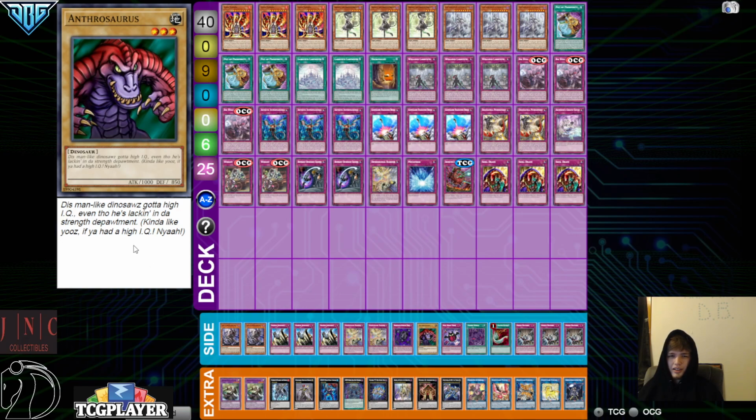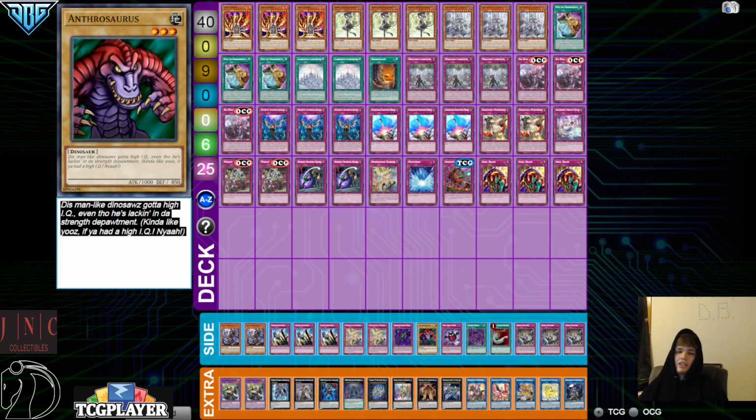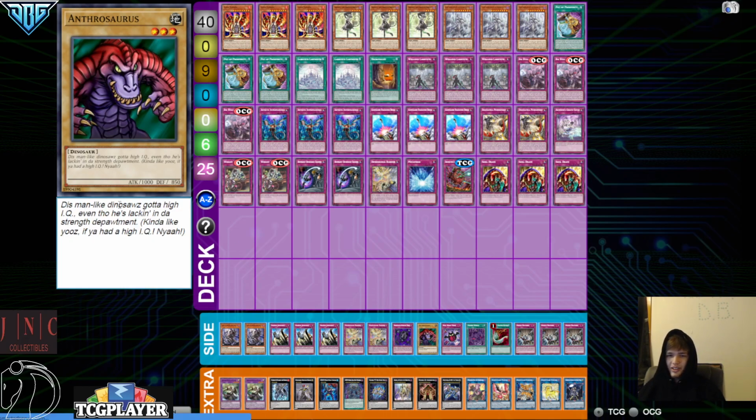What? This man likes dinosaurs. Got a high IQ even though he's lacking in the strength department. Kind of like, yo, if you had a high IQ, nah. Why is this said like it's Australian? I mean, I can't do an Australian accent, but that's crazy. I'm not gonna lie, that was definitely put there as a troll. I like it though. That's such a cool card, if that's a real card, which it probably is, but